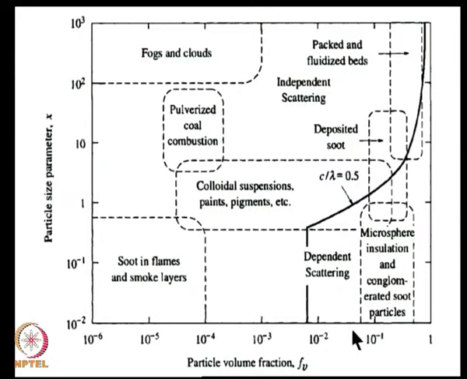When the particle volume fraction approaches 10% or more, you can see that there are interactions between particles, and this is mainly encountered in understanding radiation through insulation, where the solid particles are very close together, and so you expect that adjacent particles will have influence on a given particle. But we will discuss mostly independent scattering, because that is the problem which is easy to tackle to begin with.